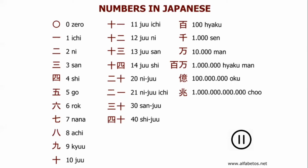Compare this to the Japanese system of naming numbers. Consider how 11 is named 10, 1. 12 is 10, 2. 20 is 2 tens, and the symbols are 2 and 10. I think this comparison helps us to understand a little the difficulty that some children have in remembering and naming